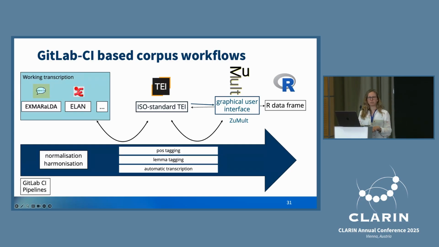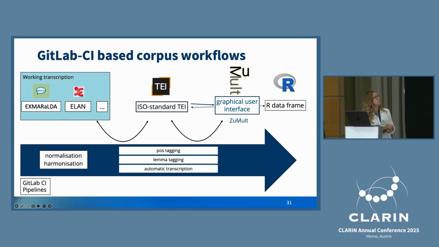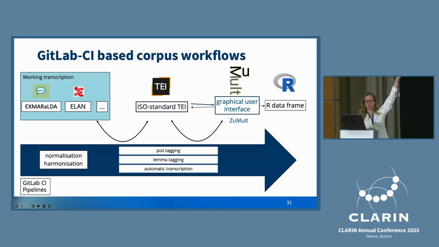The GitLab workflows or pipelines is the same thing as the GitHub Actions. It's just a different tool, which for us is supplied by our university, so it's more open source and not by GitHub. And we have a lot of different parts in this workflow. So the data that we're actually working with and that linguists are still transcribing and annotating and doing manual work on is this blue box in the upper corner.